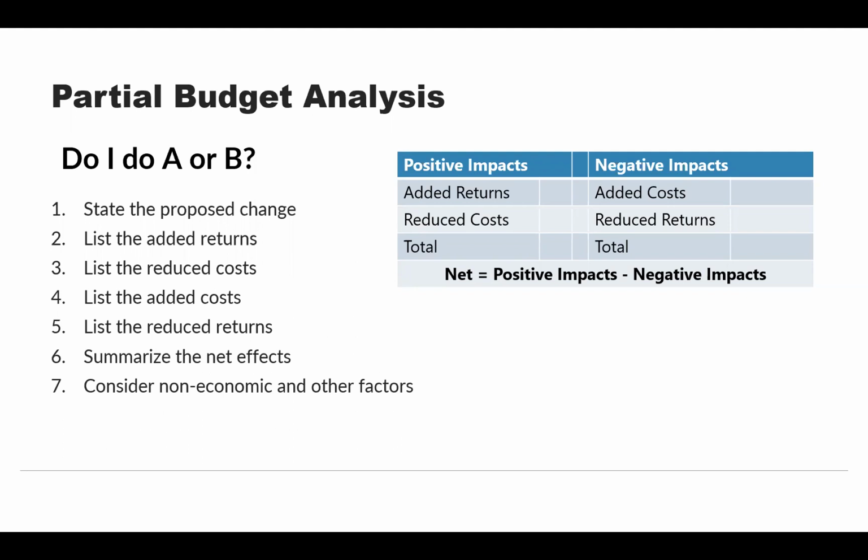One of the key things with the partial budget analysis is you want to be very clear about what the change will be. The more focused you are around that change, the more accurate your partial budget analysis is likely to be. It's a lot easier to get the numbers and do an analysis for something very focused. The broader your analysis is, the more you're moving into the realm of enterprise budgets, because the data is likely to be more fuzzy or uncertain.